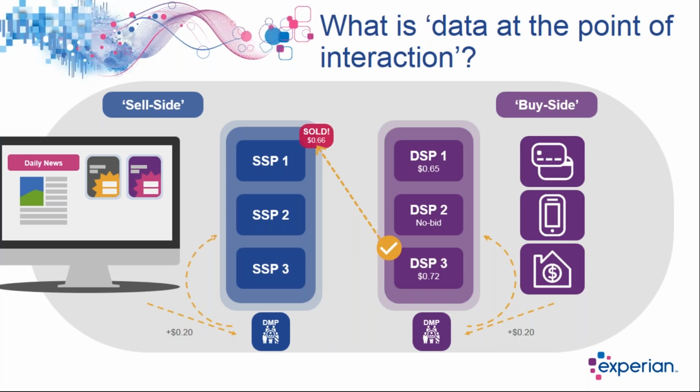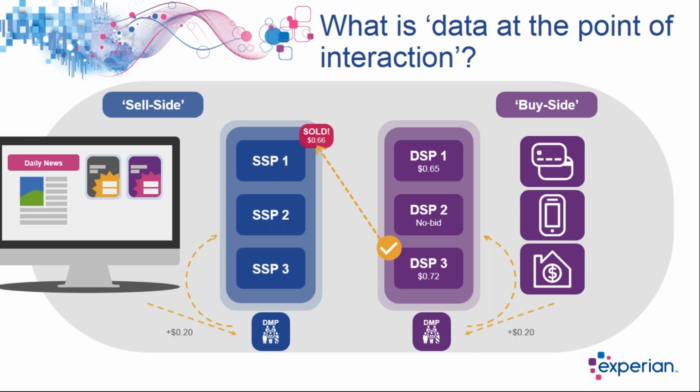Now, often, the technology that people will use to do this is a data management platform, and that will come with a flat fee for both the capability and the data. And actually, this allows you to understand and to see how data can end up being purchased twice, and how this inflates the ad tech tax. So in this instance, rather than the publisher getting perhaps 66 cents, they're only getting 46 cents. And actually, the advertiser is spending 86 cents.